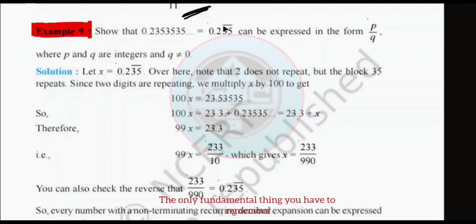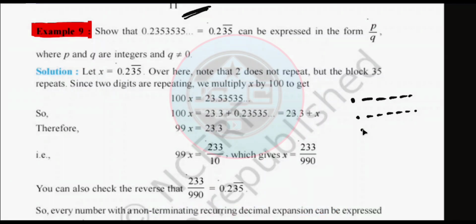The only fundamental thing you have to remember is that unless and until we get the same set of digits after the decimal, you keep on multiplying. This is x, right? We know that x is equal to 0.235 with bar over 35. So directly 100x, we get 100x means